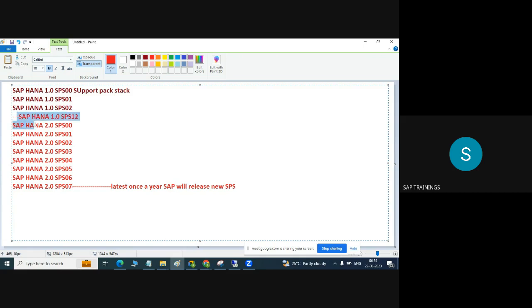So currently only these are supported by SAP here. These are no support, up to 11. SAP is not supporting. The software is already deprecated, right? The customers who are already on 1.0, SAP is saying to migrate and convert to HANA 2.0